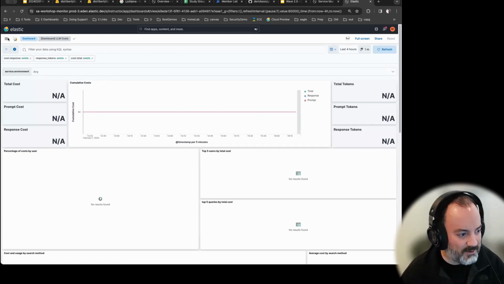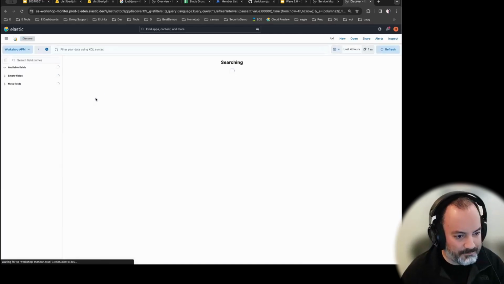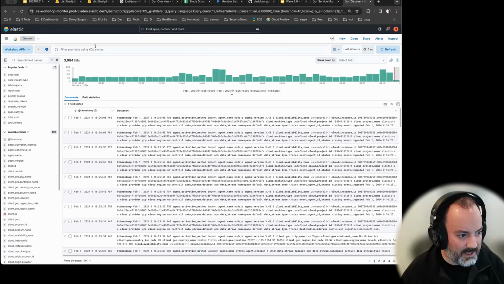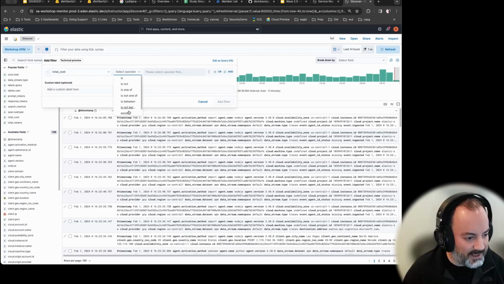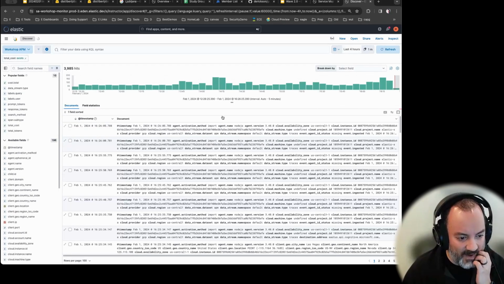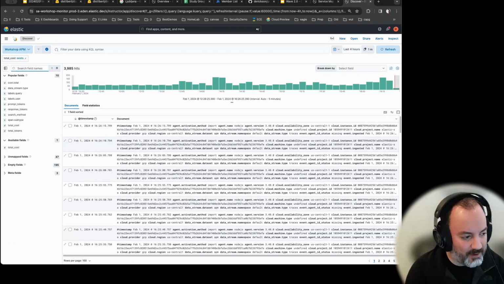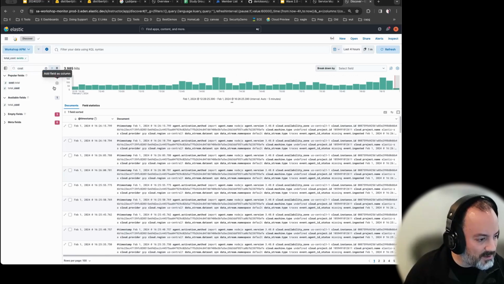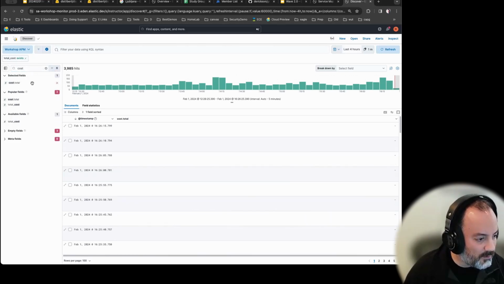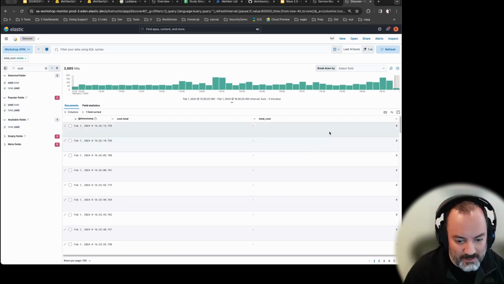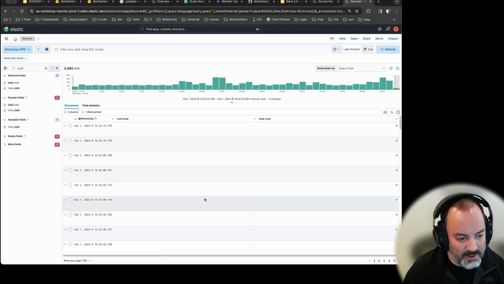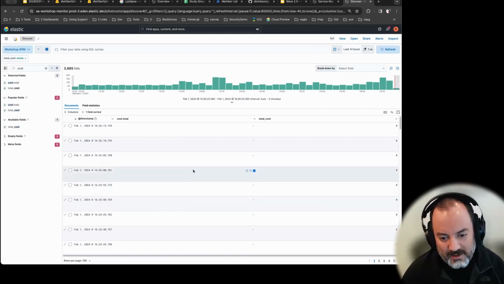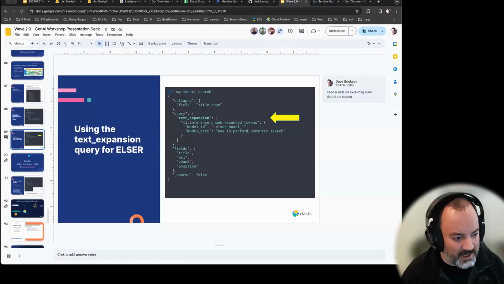If I go into Discover in the workshop and say only when the total cost exists, add that filter, and pull out the total cost and the tokens, we can get the tokens coming out of here, portions of a cent, enriched by the data. But something probably broke in the ingest pipeline because we've never actually run it against this version of the code. So I can't get you the actual one, but when you run this for a customer, what